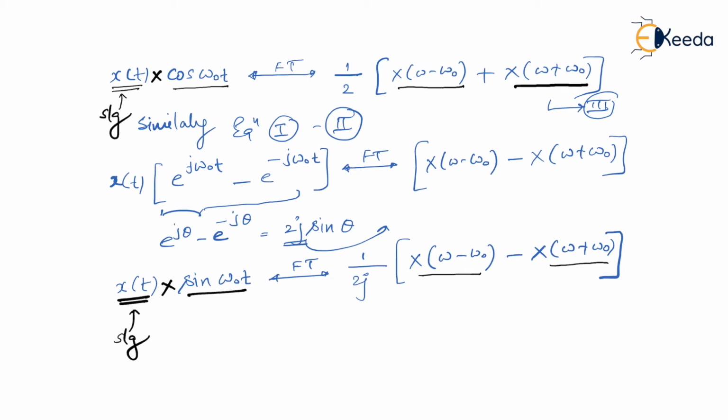So how am I comparing this with modulation? Why do we do modulation? Let us discuss a little bit, then I'll get back to this. See, in case you have some signal, let's say x of t, and you want to transfer this signal to longer distances, then only can you make use of modulation. What if I want to send this signal x of t without modulation, to transfer it to longer distances? Then the theory says that we need antennas whose lengths are in terms of kilometers. Tell me, is it really convenient to use antennas of kilometer lengths?